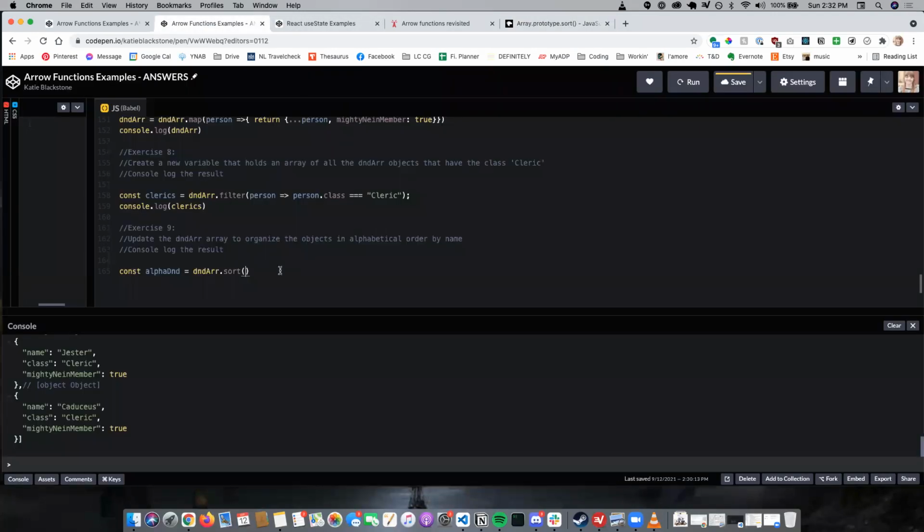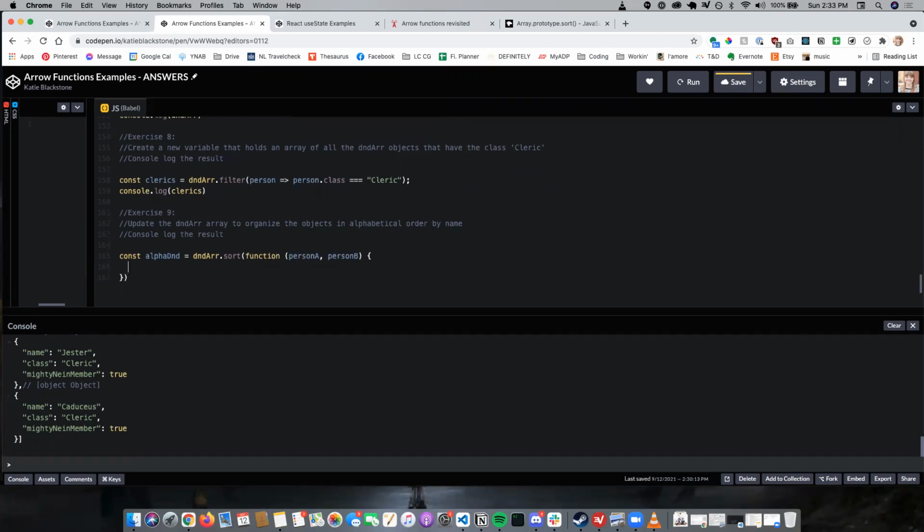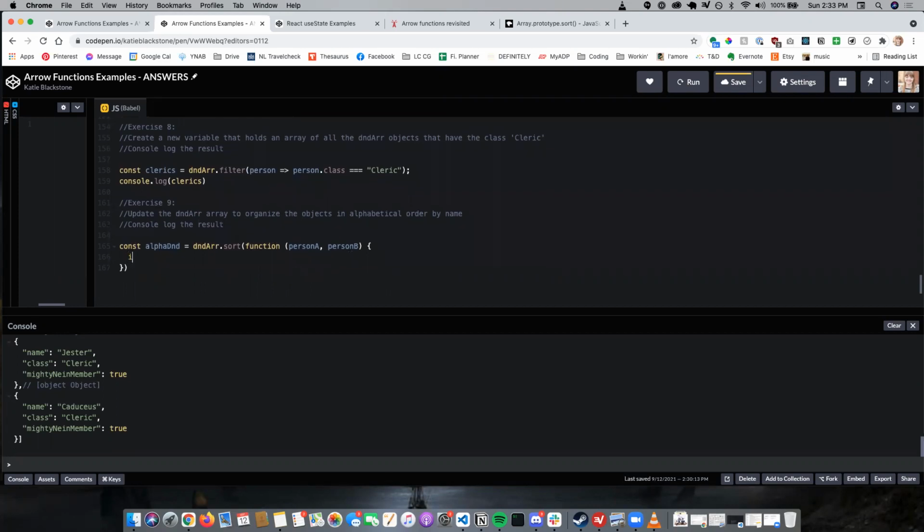Be a couple attempts. Sort. So we're going to actually be passing 2 elements in here, which means we will need a second set of parentheses. So we'll call it person A, person B. And then we will do our long way. So we'll do function. Oh, if we're doing that, then we need function over here. And then we'll do our curly brackets. And then we'll say if person A dot name